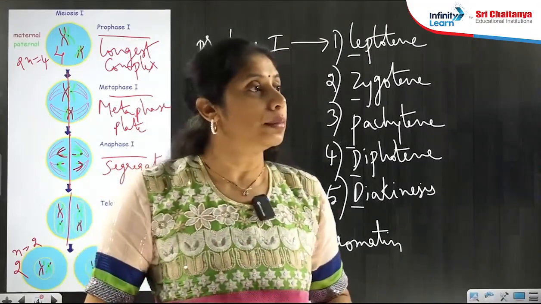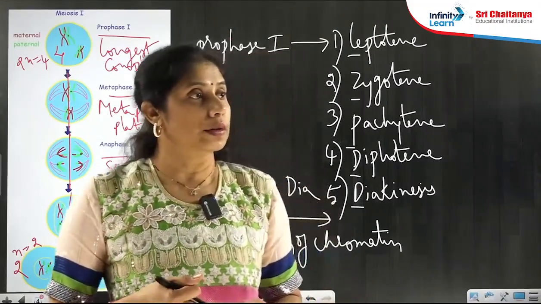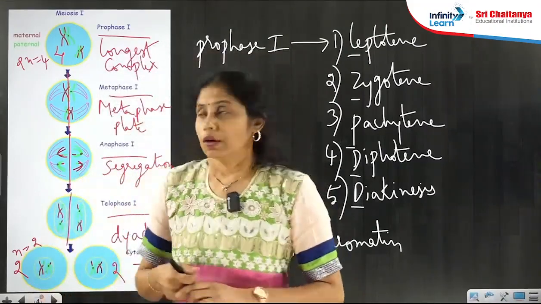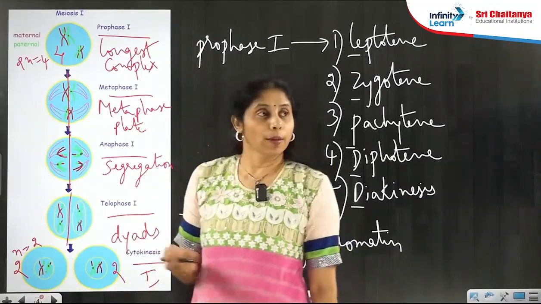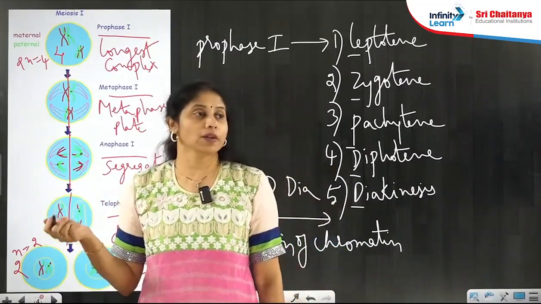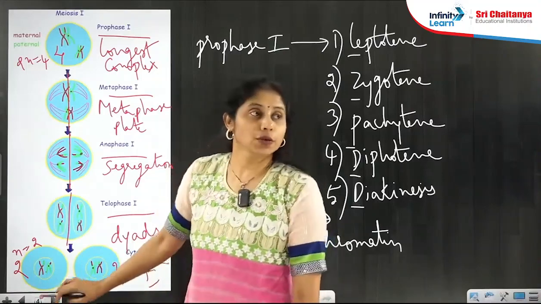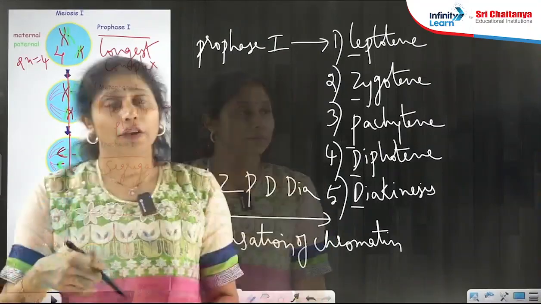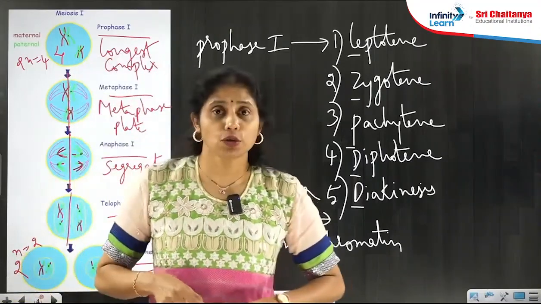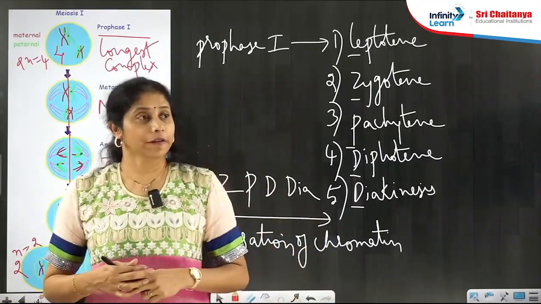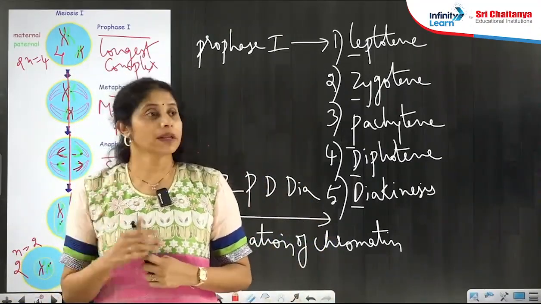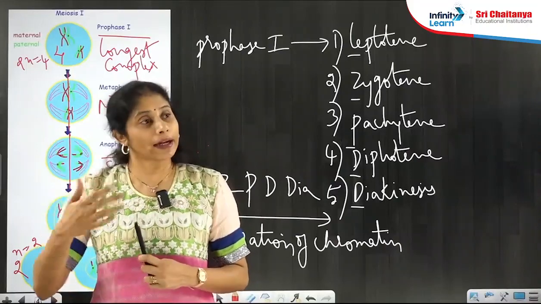Does chromatid number double in meiosis? Chromatid number, is it doubling? The chromatid number doubles in the S phase only. What I want to tell you here is chromosome number is reduced to half. If you take the S phase and G2 phase of interphase, chromosome number is constant but the chromatid number